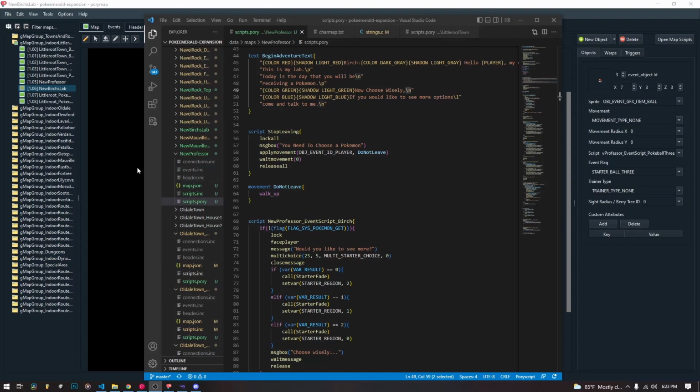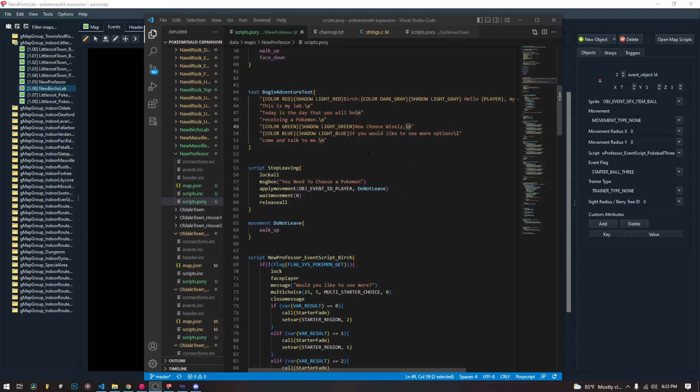So today we are going to talk more in depth about text, text formatting, buffering strings, and coloring text in PoryScript, so that we can expand the options that we have when we are writing our NPC dialogue. Because it's pretty boring as is, and we haven't talked much about it, so I figured we should cover it